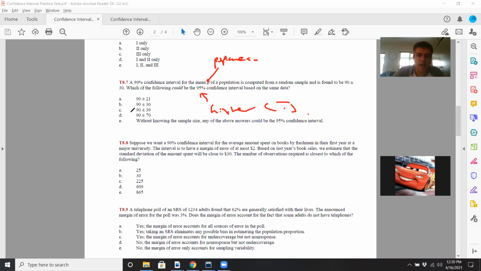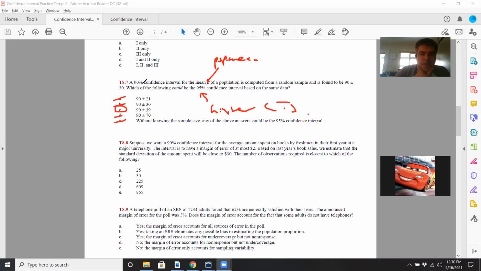I think C could work. Well, definitely not A or B. And based on the same data, so you have the same population size. I just think 70 would be too much of an increase, is my guess. So I probably would say C,